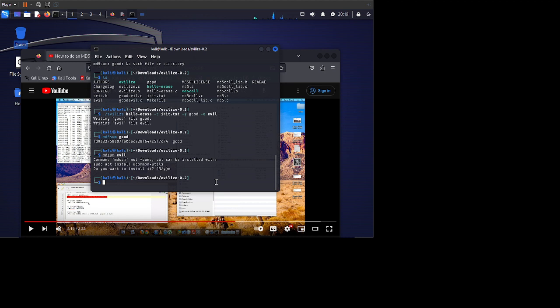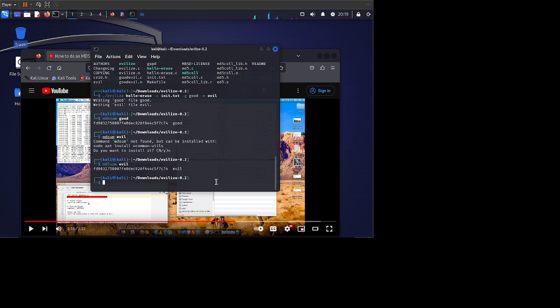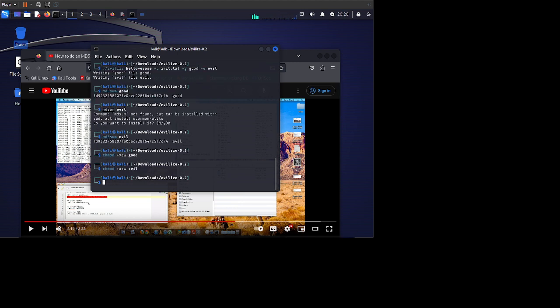Okay, so we have the hash for this file right here, and they're the same. But if we run both the programs,